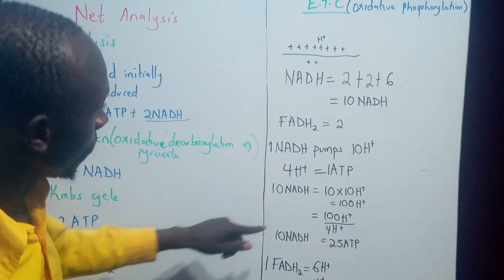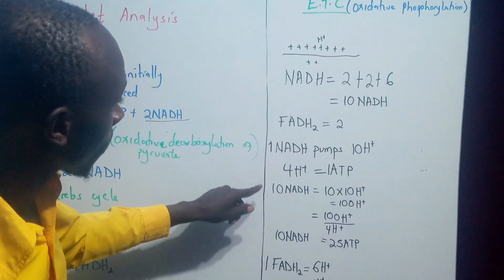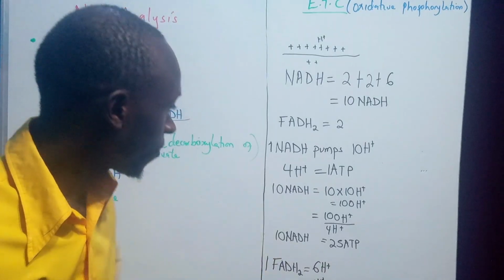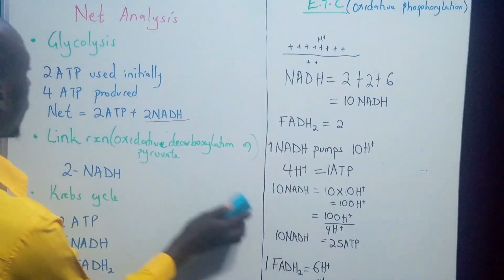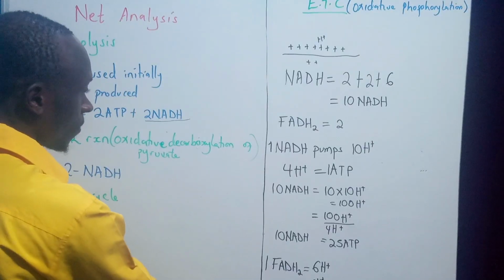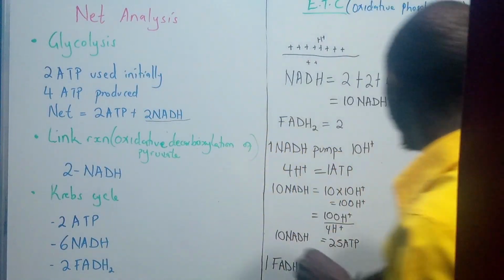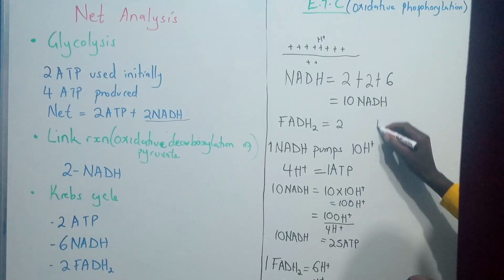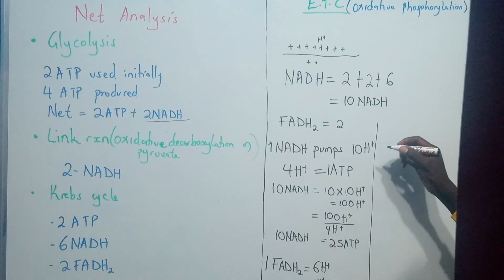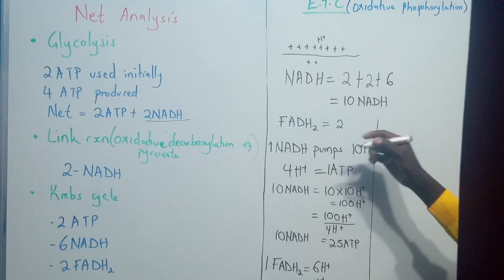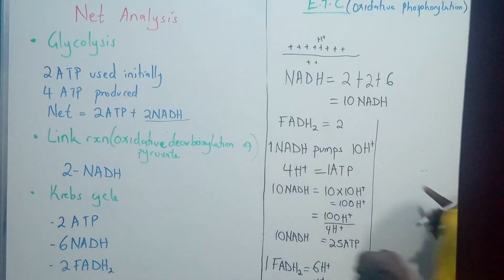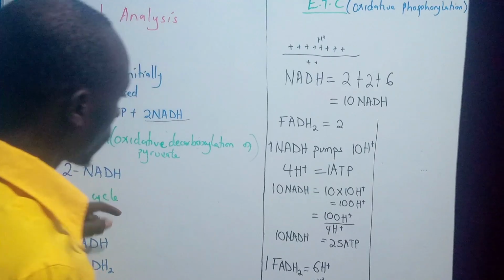So it implies that if you are to add the total ATP formed in the electron transport chain, we are going to have 25 plus 1.5, which is going to give us 26.5. If 26.5 are formed, then later on we can add the total. So if we are to add the total ATP formed, we are going to begin from glycolysis, Krebs cycle, and then later on to the electron transport chain. So we can start